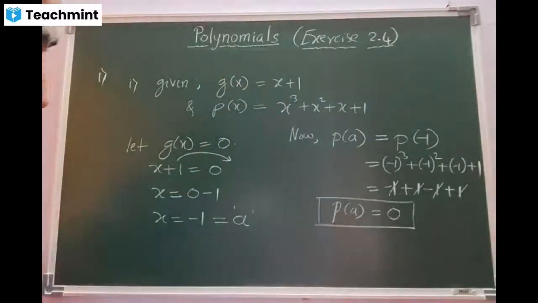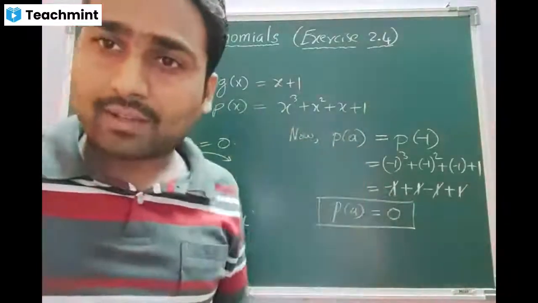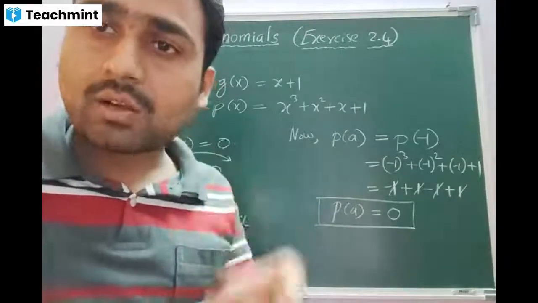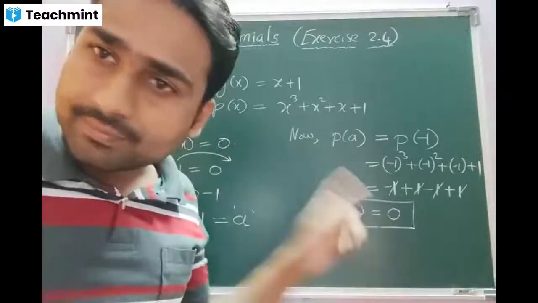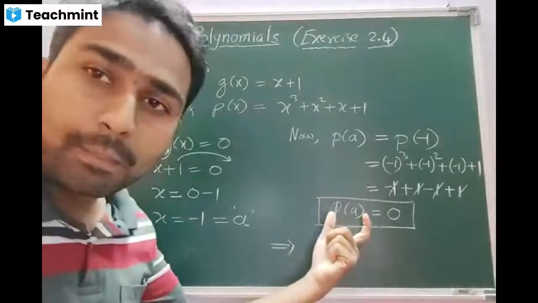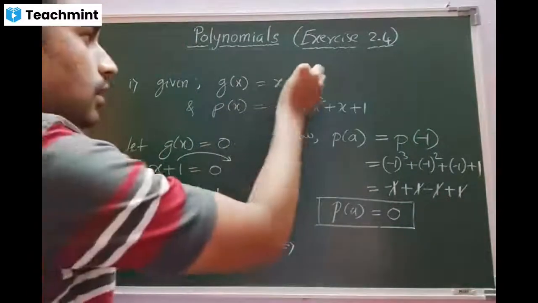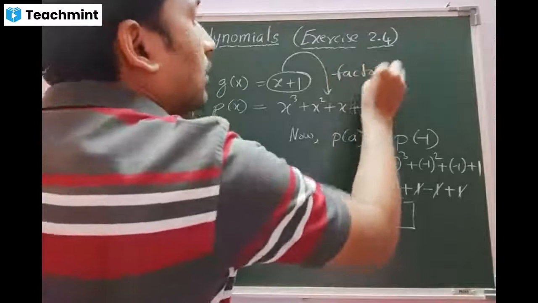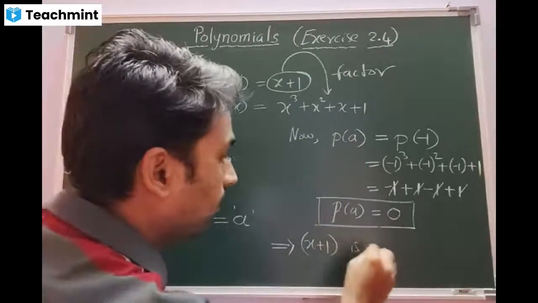Got it, beta? Yes, sir. If you look at the statement of factor theorem, condition number 1, we have written x minus a is a factor of P of x if P of A is 0. We got 0 here. Since the P of A is 0, that is the remainder. Since the remainder is 0, I can say this is the factor. So let us write, this implies x plus 1 is a factor